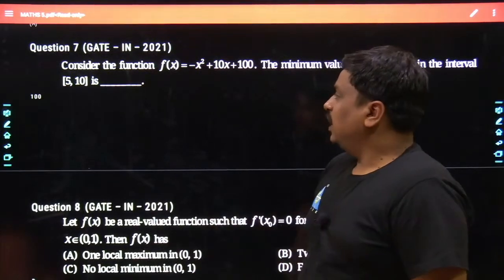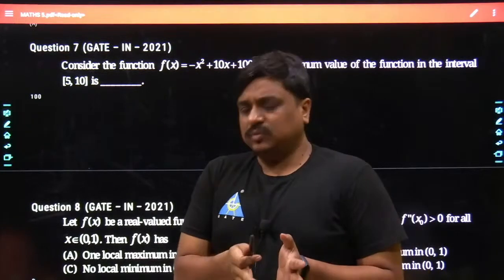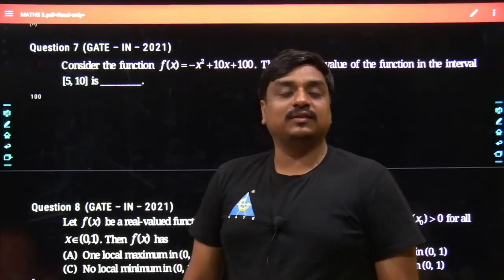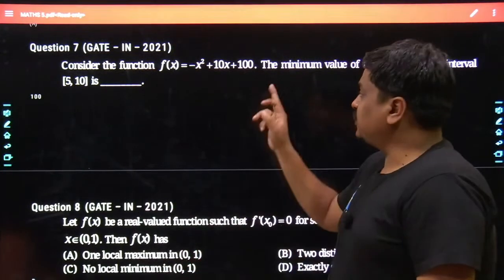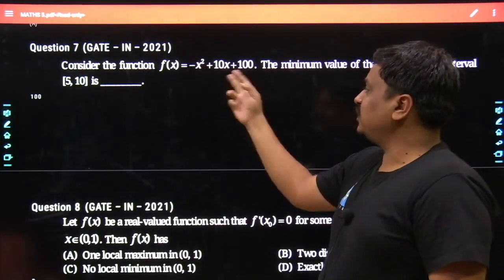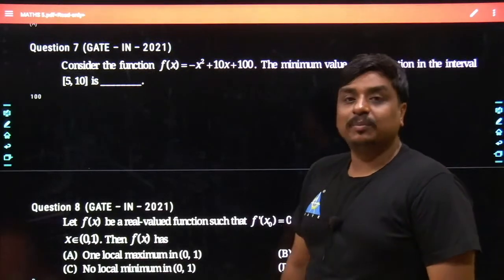Not only that, in the same sequence, I took the second methodology. It was the predefined methodology which we apply over the concept of maxima and minima. At the very beginning, I took its first derivative and compared it with 0. Its first derivative was minus 2x plus 10, and when compared with 0, the result which we found was simply x equals 5.